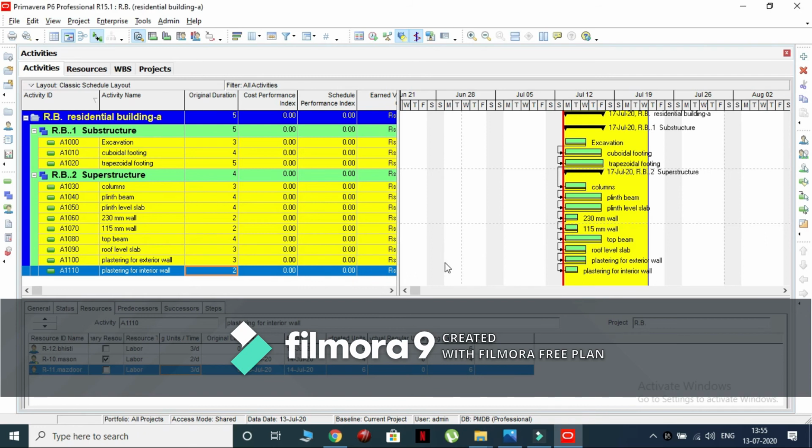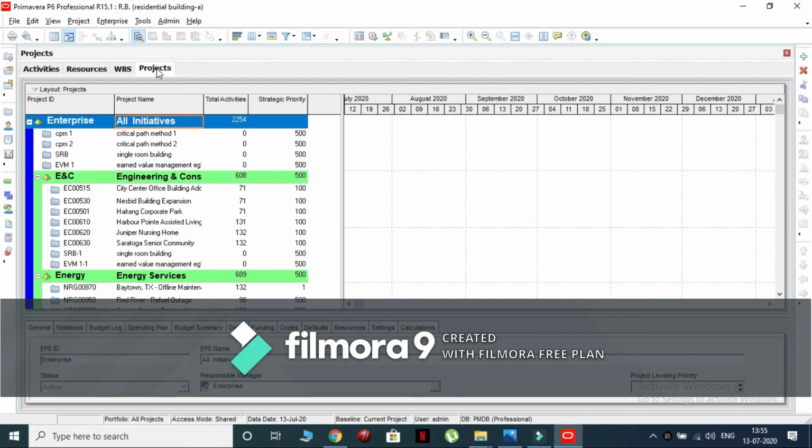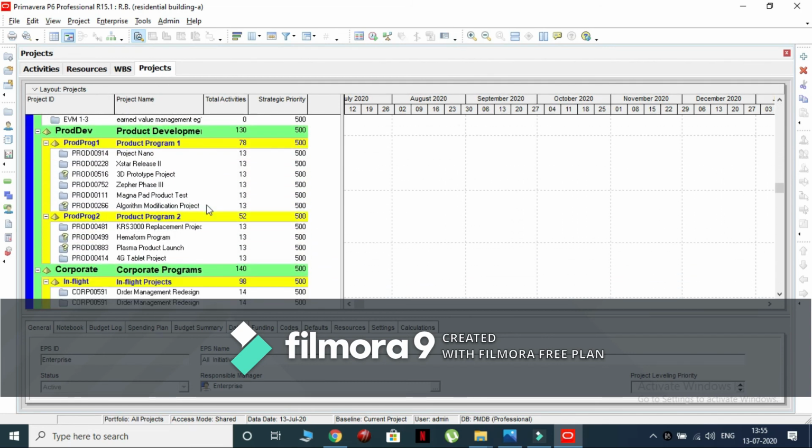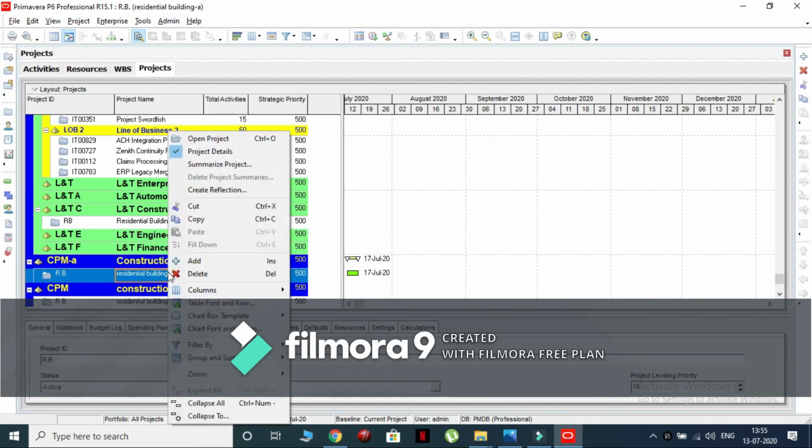Now, make a copy of this project in the other EPS. Switch to the projects window. Right-click on the residential building project and select copy option.